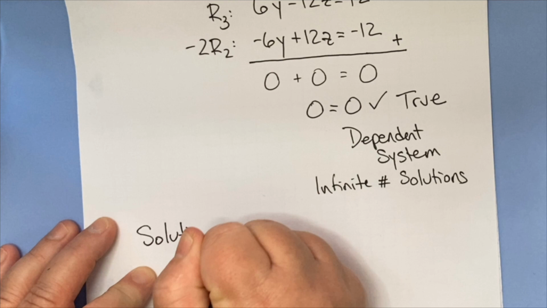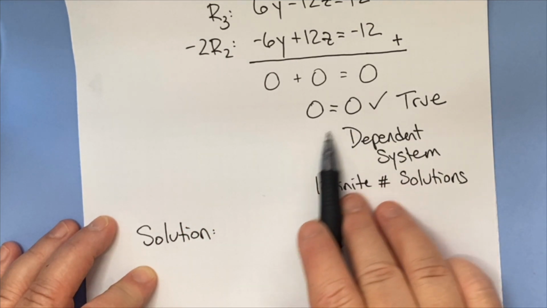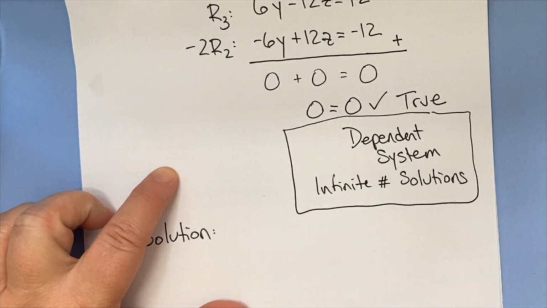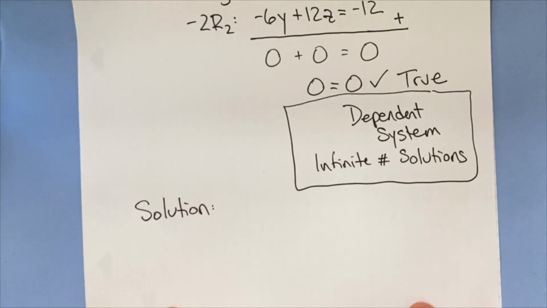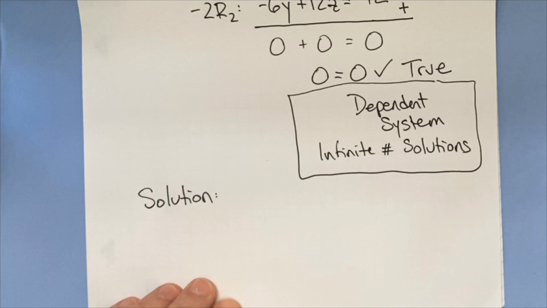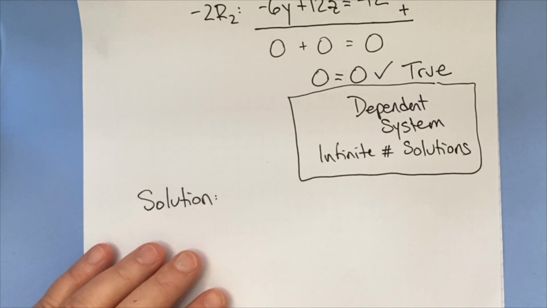So what do I mean by that? How do we write our solution? Well, as a solution, you definitely want to write that it's a dependent system and there are an infinite number of solutions. But then you have to give an outline for how to find the solution. And so what we're going to do is we're going to come down here and say, okay, what have we got? So the last thing that we had